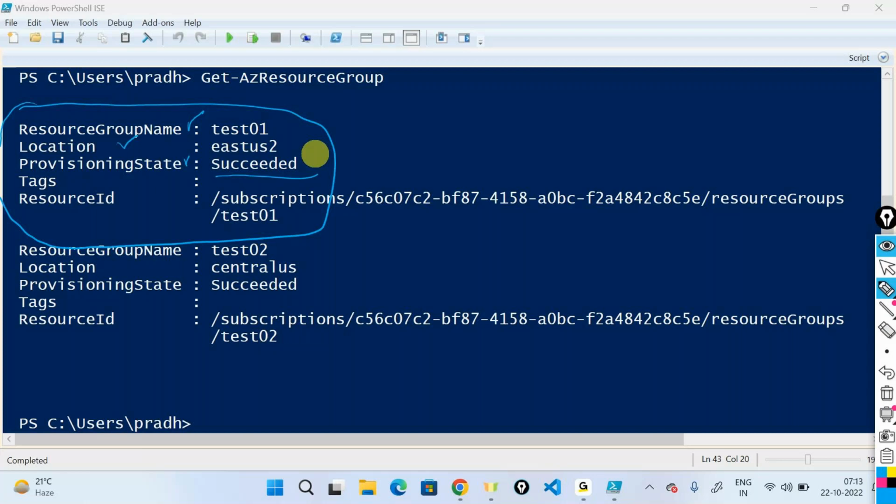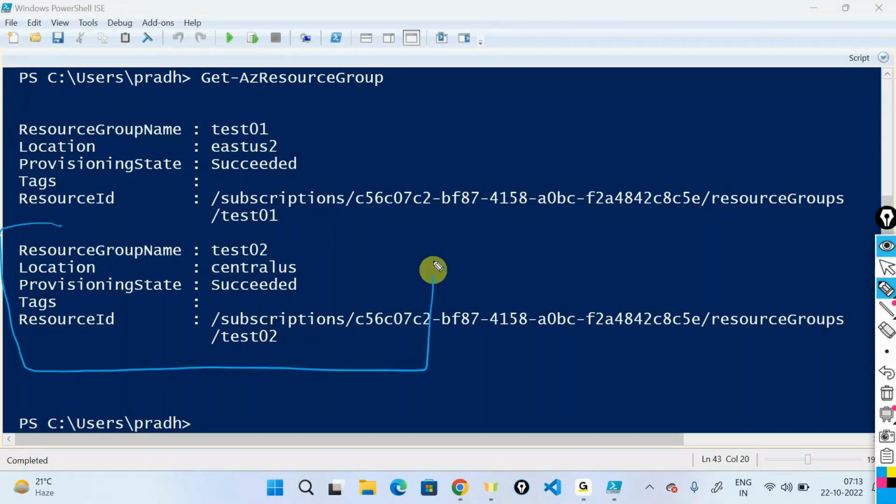Then I have something similar for test02, wherein it is telling what is the name of the resource group, what is the location, what is, let's say, the ID of this particular resource group. Is the resource group provisioned, like is it succeeded, or is it in a provisioning state. This is what it is really telling me with this simple command called Get-AzResourceGroup. And this command is returning an entire object which has some properties called resource group name, called location, called provisioning state, called tags,